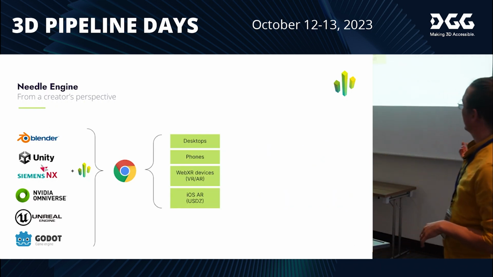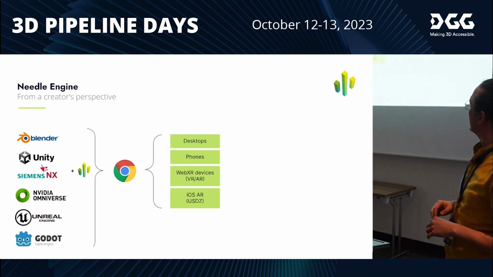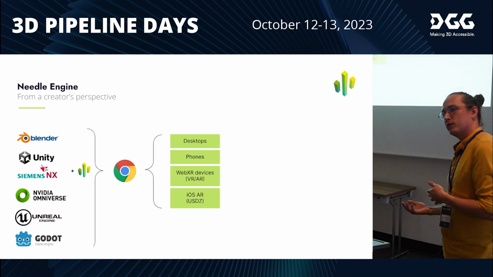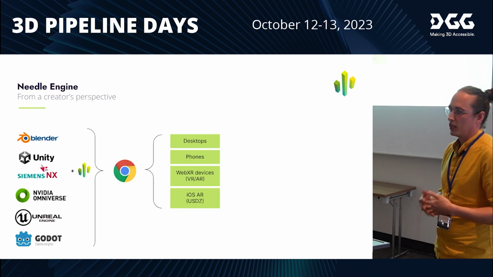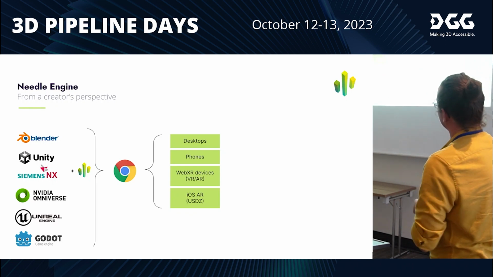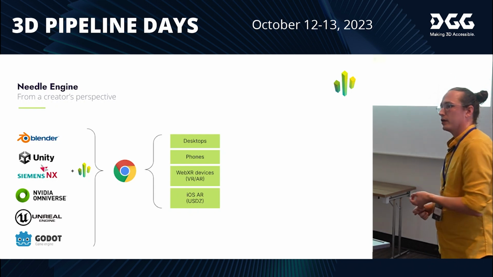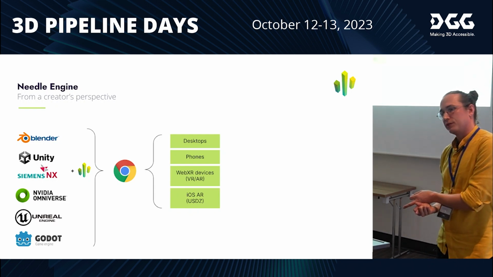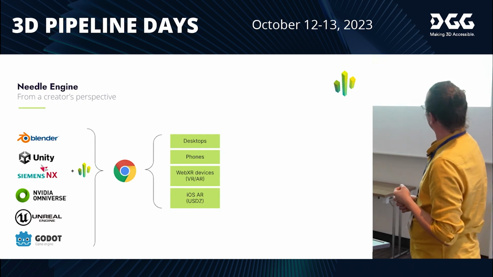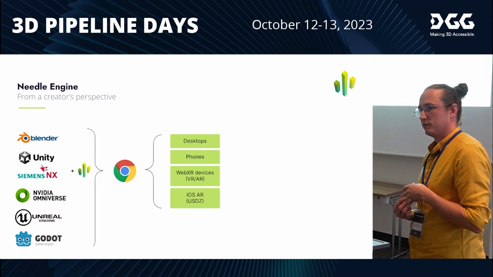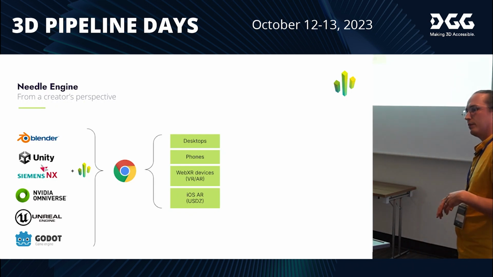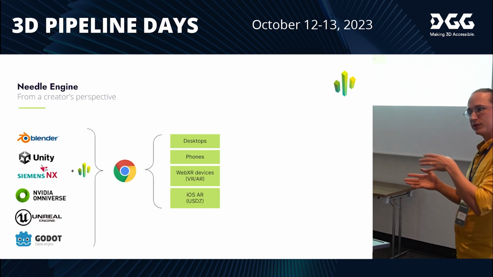Oh, and then it works everywhere. And this is, I think, an interesting aspect. Due to the way we've constructed this, we can make these assets and the applications that people build run on desktops, on phones, on WebXR devices, and even on iOS AR. And we have a bit of a different approach there. We're converting the glTF on the fly, on-device. So a bit different. In a lot of cases, this is done as a pipeline step. You are taking a source model and you're producing